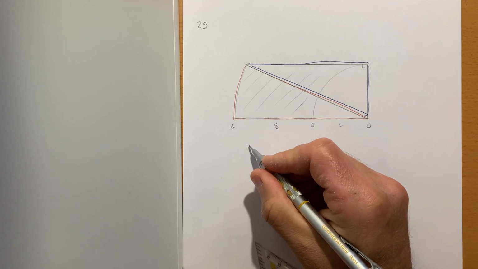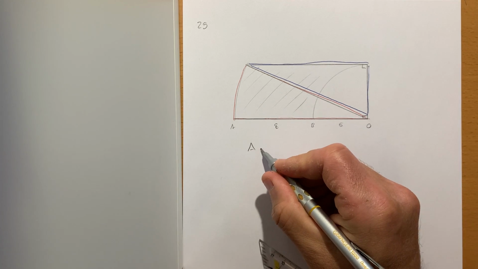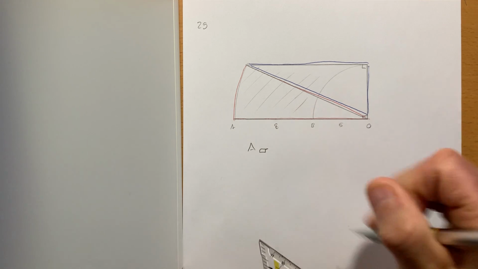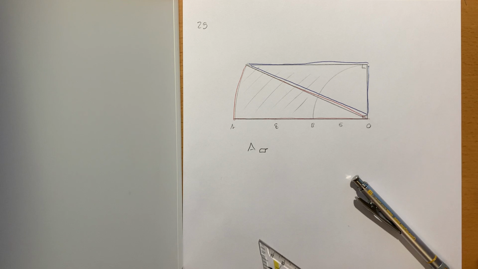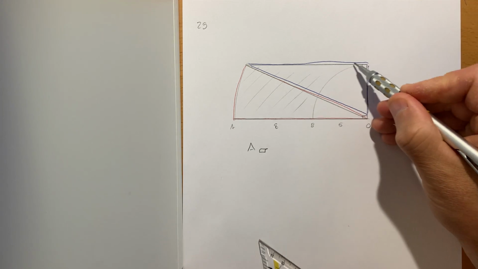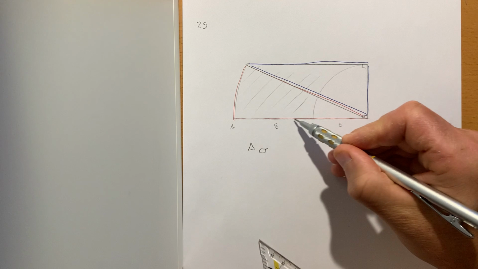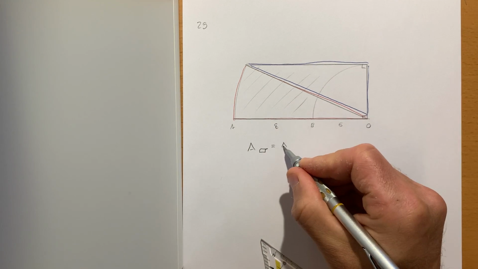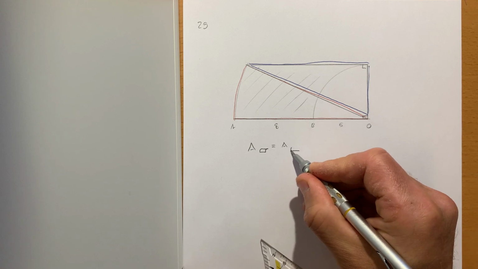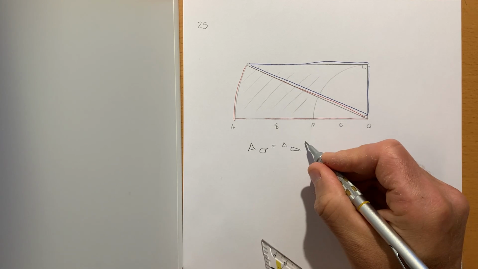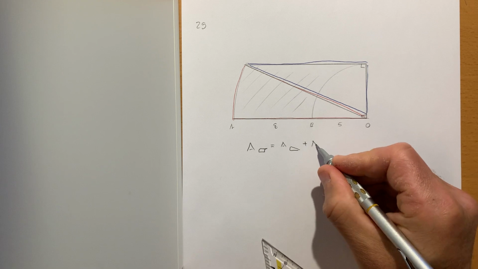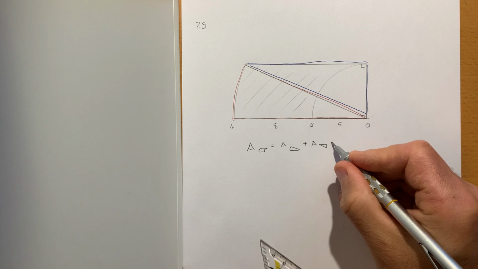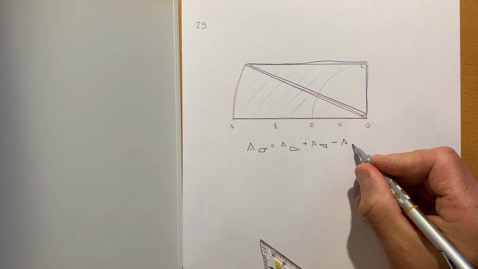So the area of this shape, the shaded region, is the area of the red sector plus the area of the right triangle minus the area of the quarter